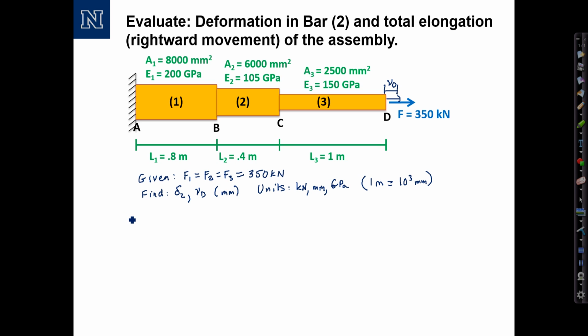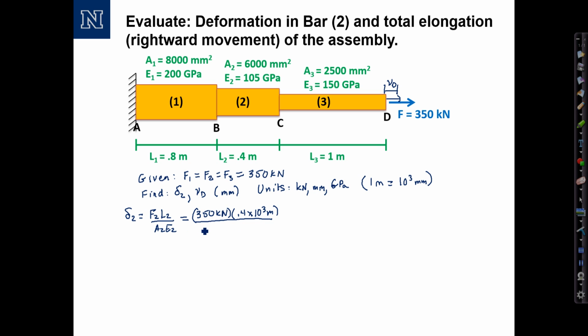Okay, so start out by evaluating delta 2. Remember, deflection in any segment can be evaluated by FL over AE. So let me write that. Delta 2 equals F2 L2 over A2 E2 equals 350 kilonewtons. Force is the same in every segment. The length of segment 2 is 0.4 meters. I'm going to convert that to millimeters by multiplying by 10 to the third,